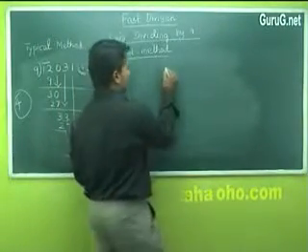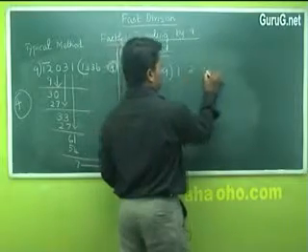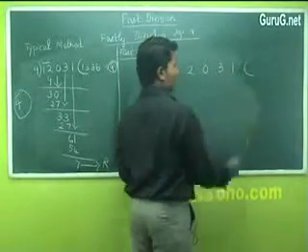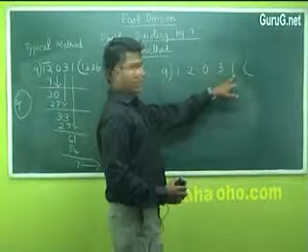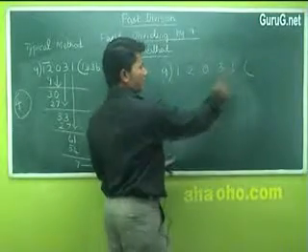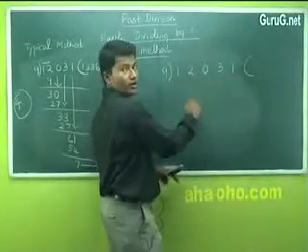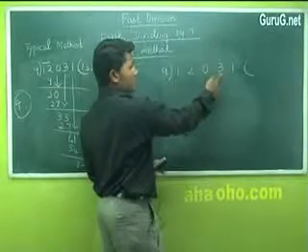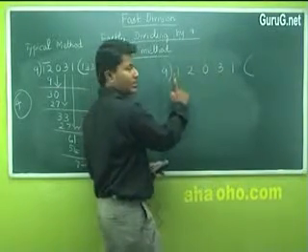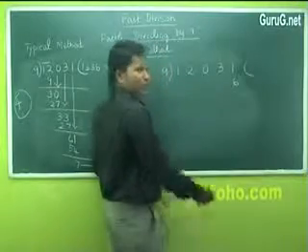Let us check it out with a fast method. 1, 2, 0, 3, 1. What is the first step? Look at the number in the ones digit. It is 1. There are 4 digits before the number 1. The same procedure, add them. 3 plus 0 plus 2 plus 1, 6. Place 6 here. Now go to 3.